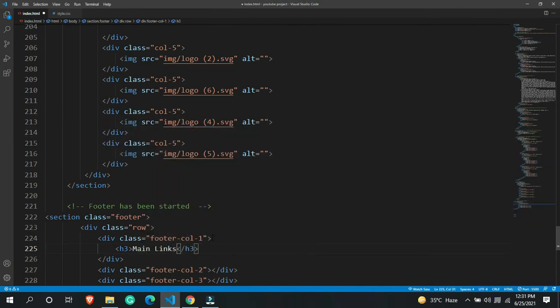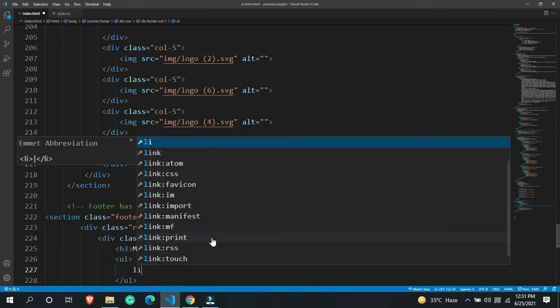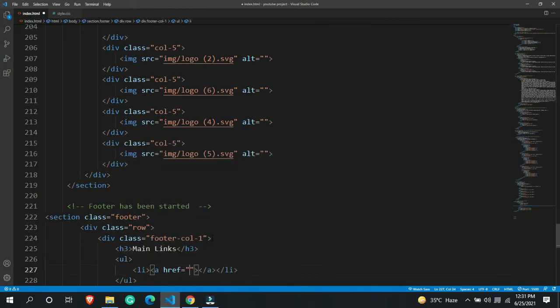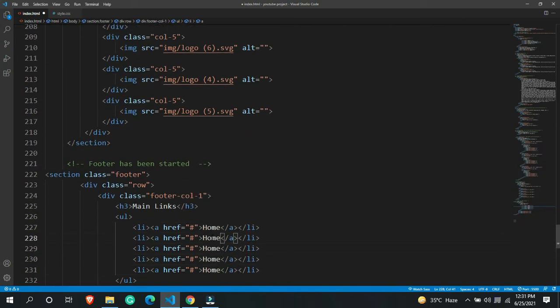Inside this main links, I'm going to add a ul, an unordered list, then li. Inside this li I'm going to add a hyper reference over here, and let's say home. Replicate it at least 4 to 5 times. Home, about, then services, whatever you want to add.